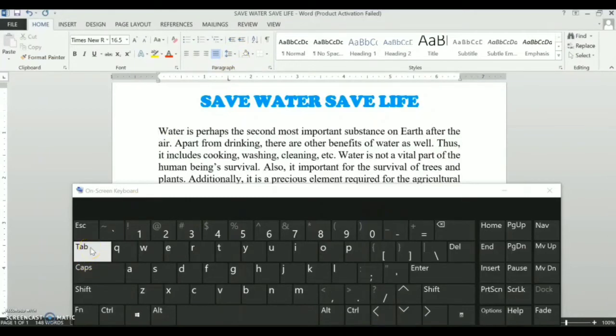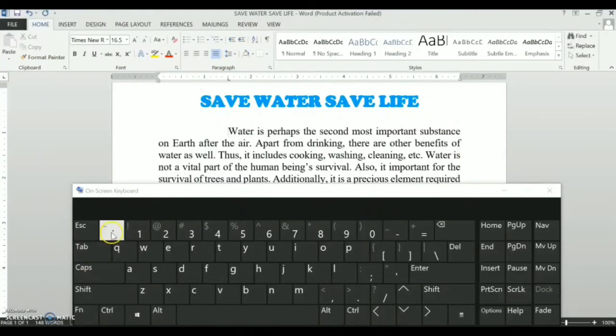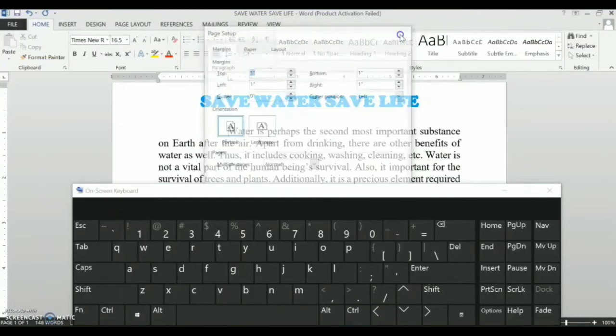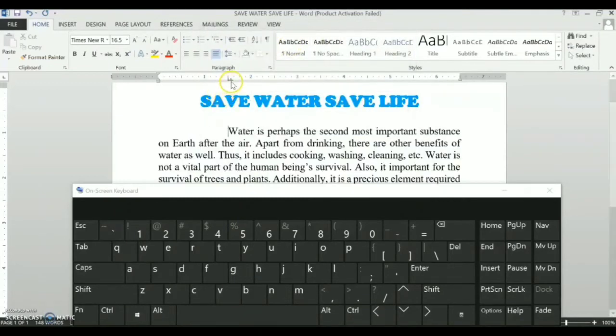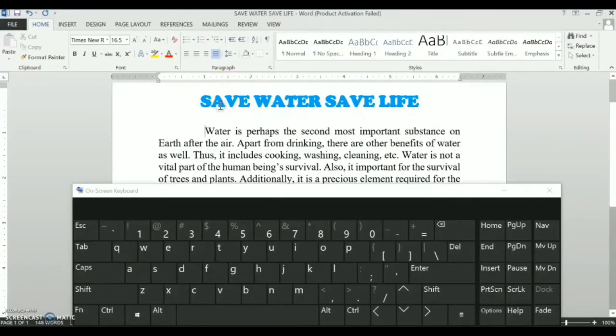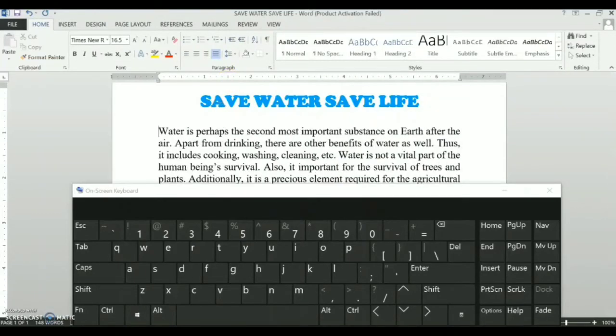So now my cursor jumped towards 1.5 inch, because I have adjusted on the ruler 1.5 inch. So this is the second method, by clicking on the ruler to set the tab stops. Okay, so this is all about the tab key.